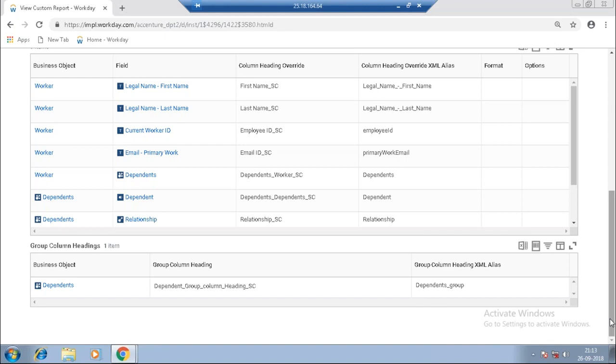And why it is showing so is that whenever you are using a field which is on the primary business object, that should come under a single row. That is, all the records will come in a single row. That's why you see Vivian and the second name coming in a single row itself. But when you are adding a related business object, it will not create a new row, but sub rows will be created inside that row, and the related business object data will be displayed separately. And that is why this group column heading comes into the picture, so that you can see that when you are adding a related business object,